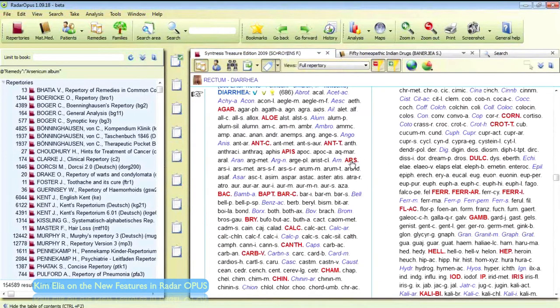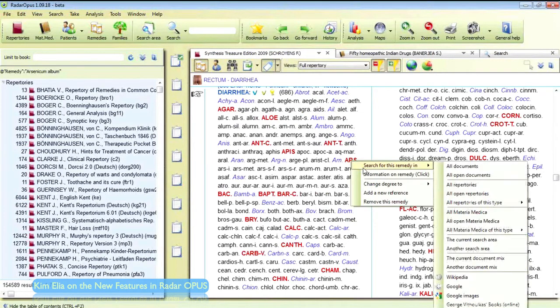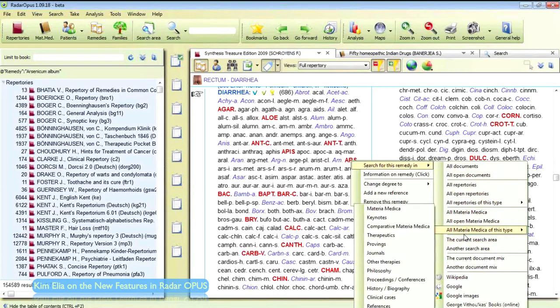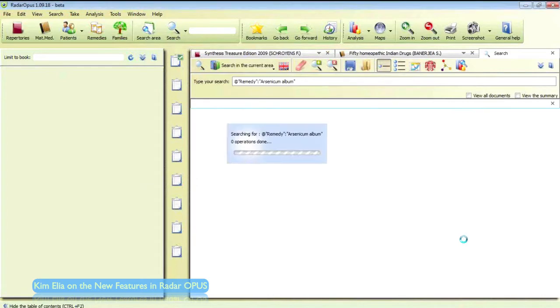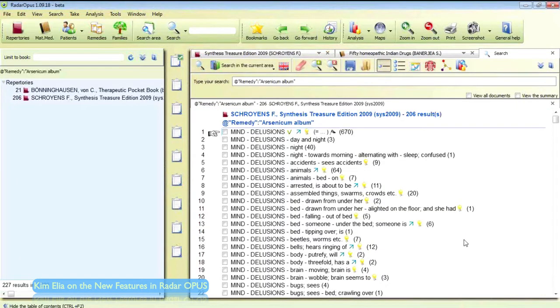I clicked on something. Well, let's go back. I'll click on Arsenicum here. I'll go to search for this remedy in, okay, and let's go to the current search area. I think I did all materia medica. Let's do the current search area, and you'll see it'll do an extraction. And you see it's done an extraction for the remedy Arsenicum, but what's pulled up for Arsenicum are just